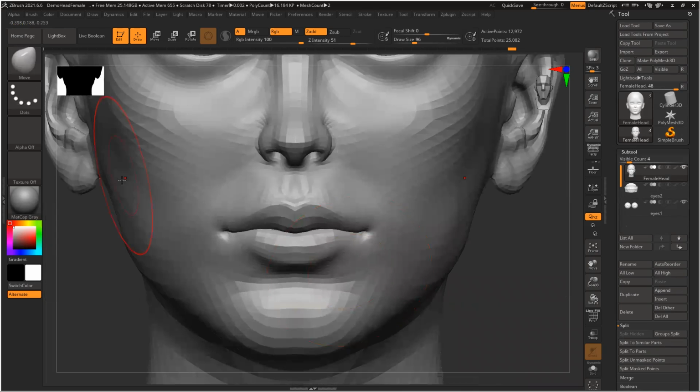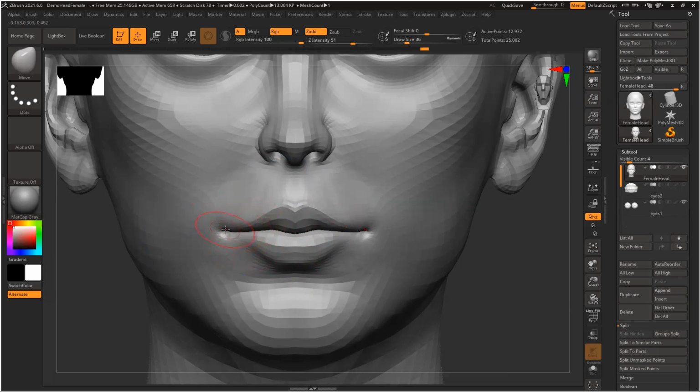And here I can see the lips clearly. These lips are really narrow. This part is almost negligible, not visible.